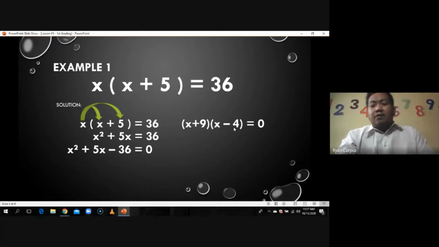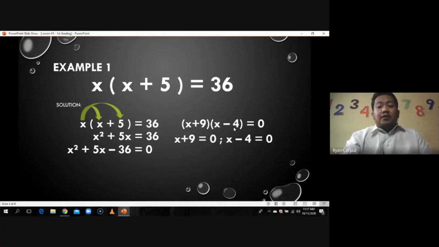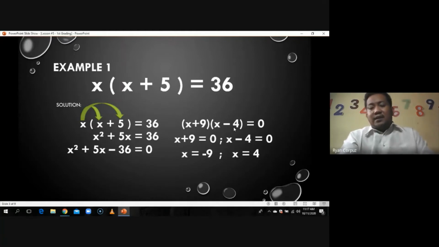Then from there, we're going to apply the zero product property, that is by equating both factors to 0. By doing that, we can now solve for the solutions to the given quadratic equation. So we come up with x equal to negative 9, and the other one is x equal